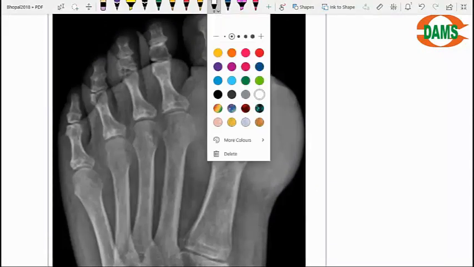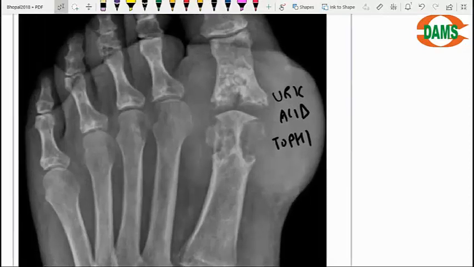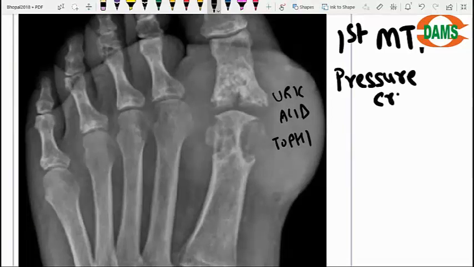Okay, can anybody now understand? Let's try to be together here and let's try to understand. Now, suppose you have some uric acid crystals deposited in your soft tissue. Can you see it here? So can you see around the first metatarsophalangeal joint? In this X-ray, you can see there is some soft tissue swelling. That is because of the uric acid tophi. Now these uric acid crystals, can you think of them? They will be hard. They will cause some pressure erosions on the underlying bone. They will cause some inflammation also, but a little